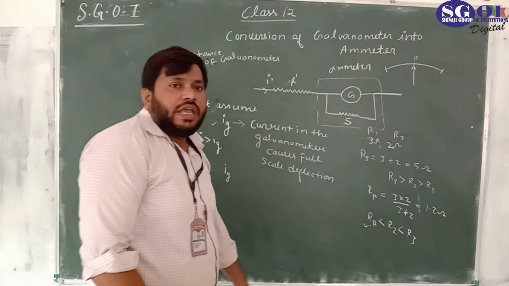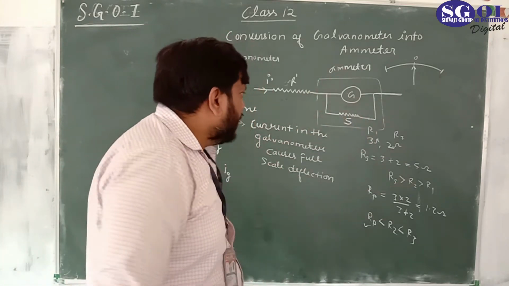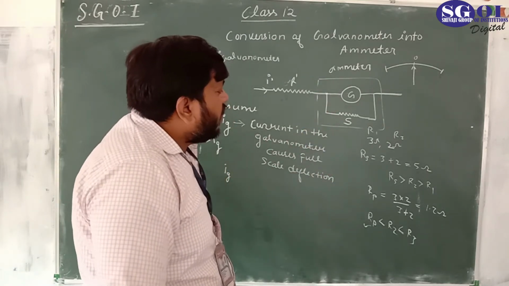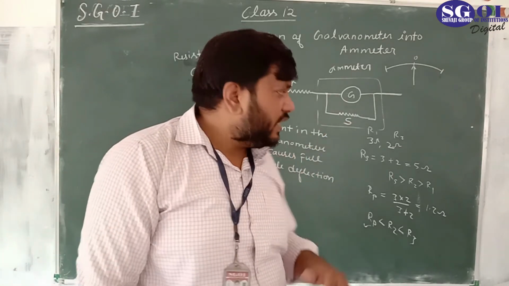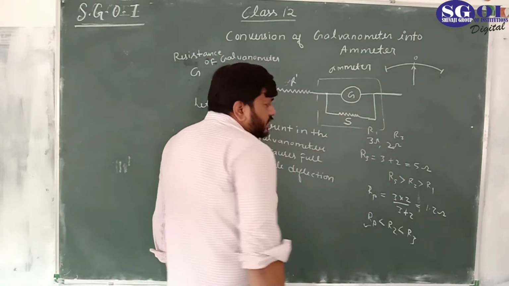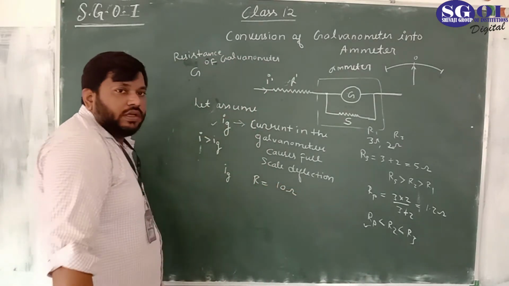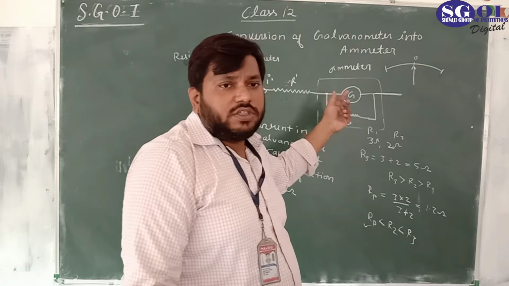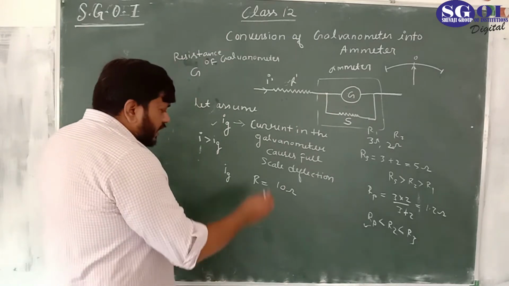So what is an ammeter? In an ammeter we connect a shunt resistance parallel to the galvanometer. One more thing here. What should be the value of this shunt? It should be very large or it should be very small. Let's see this again. Suppose there is a 3 and 2 ohm resistance. Suppose we have a resistance R equal to 10 ohm. We are comparing whether this resistance should be small or large, so that the overall resistance becomes very small. So let's take two values.